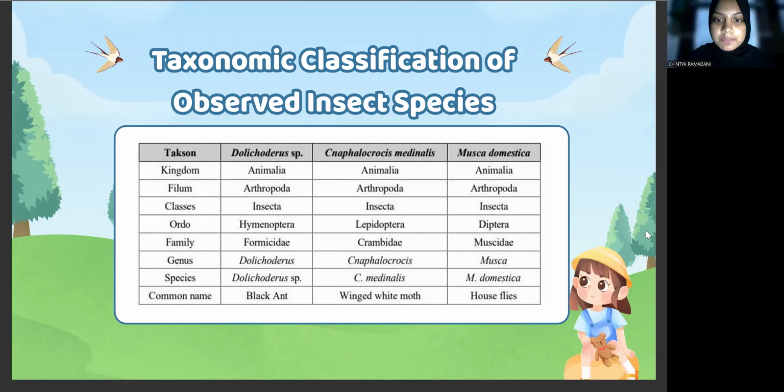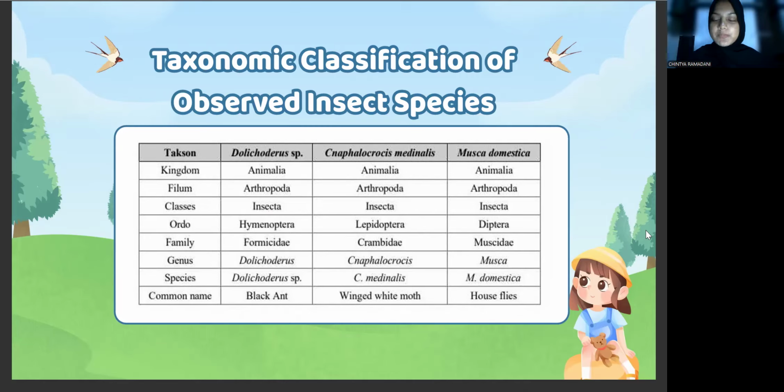Cnaphalocrocis medinalis: kingdom Animalia, phylum Arthropoda, class Insecta, order Lepidoptera, family Crambidae, genus Cnaphalocrocis, species Cnaphalocrocis medinalis, and common name